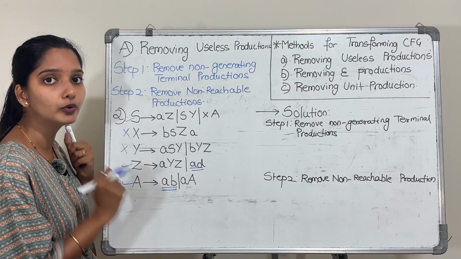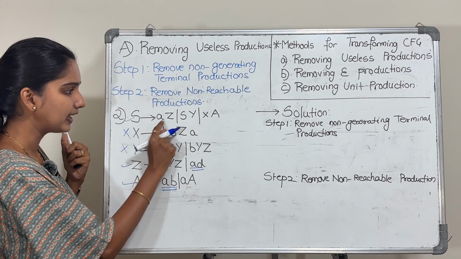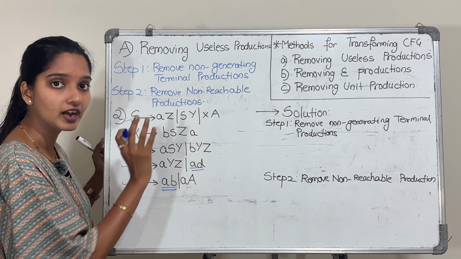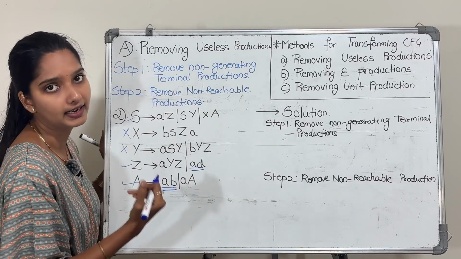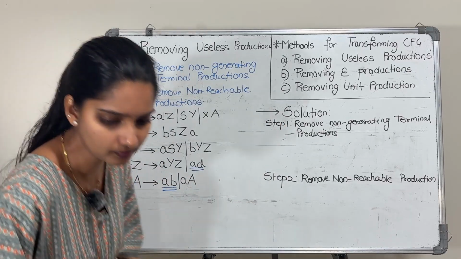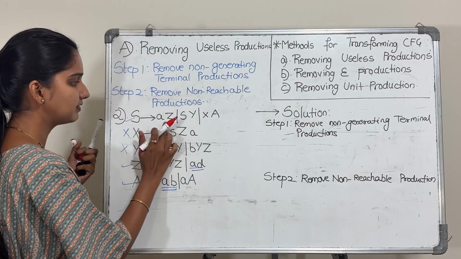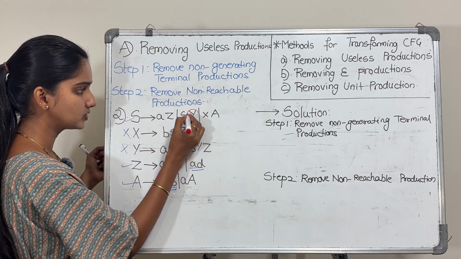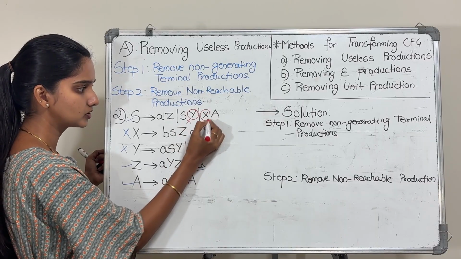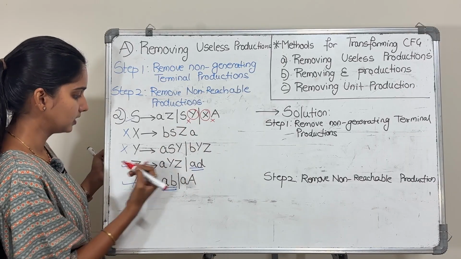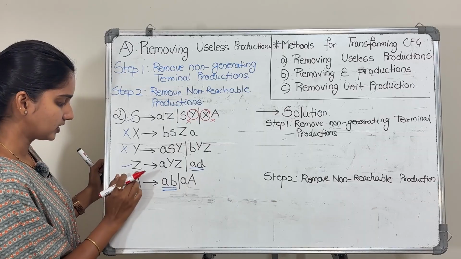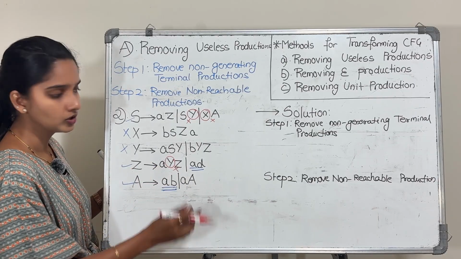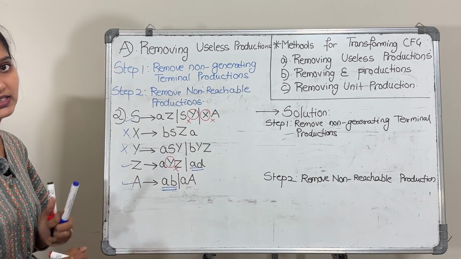Now again, you're going to check if any of the productions has X and Y. If any production has X and Y, we're not going to take it in my grammar. So let us check. S is giving me 3 productions. Is X or Y over here? Y is over here, so I'm not going to take this production. X is also over here, so I'm not going to take this production. Similarly, X and Y we are not taking. Next is Z, right? Y is there, so I'm not going to take this. Anywhere else? No, right? So these are the productions which we are not going to consider.